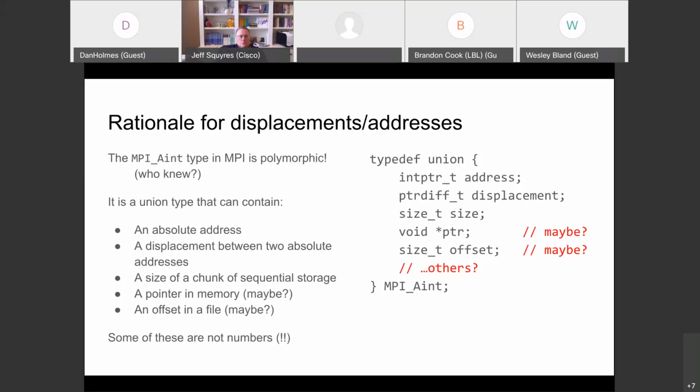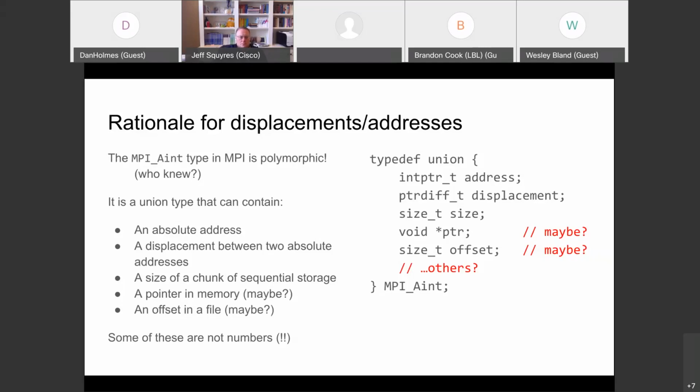But we've now come to this realization. This is the way MPI has defined MPI_Aint. And so that changes our decisions about what to make these new big types. Where we see int in the 3.1 standard, what should we make it in the 4.0 standard for the bigger version of that? In some cases, we make int an MPI_Aint because that's what it should have been in the first place. Sometimes we make it MPI_Count because it's just counting something. And we now know better when and how to make that decision.